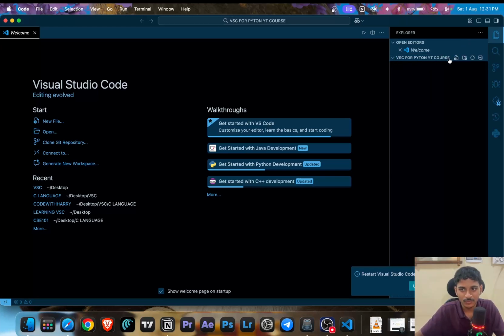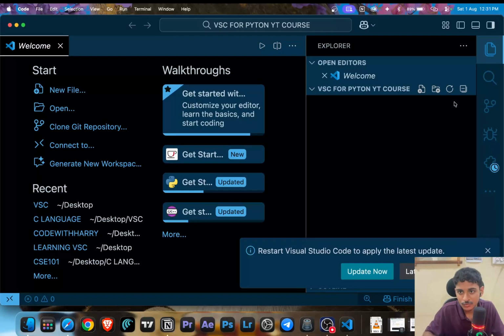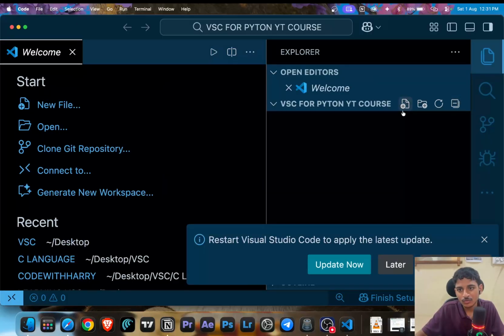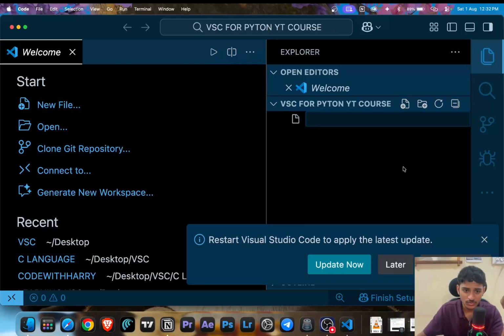This was our folder. In that we can create, if you zoom in at this, you see there is an icon to create a new file, right? In this way we can create a new file, or you can also create a new folder, or any folders you want, just before that on the desktop only. Okay, so here we will create a new file,